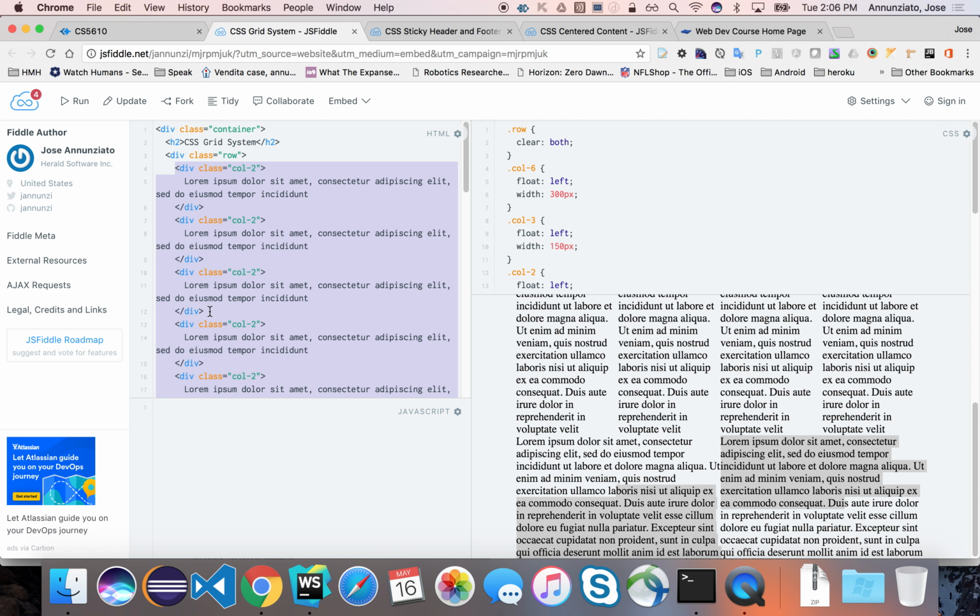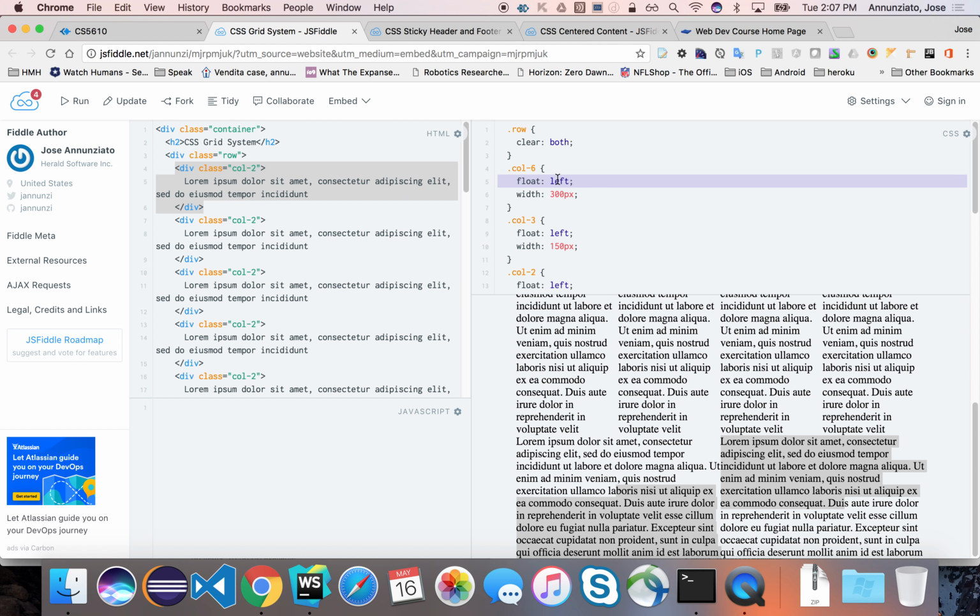So basically a parent div that represents the row, and then several child divs that represent the various columns. Now, the columns, the way we're implementing the column is, as you would surmise,